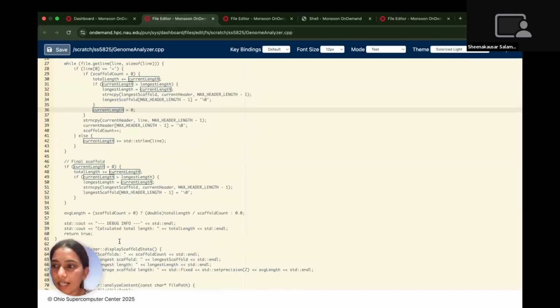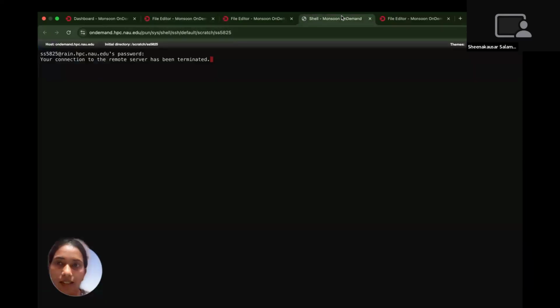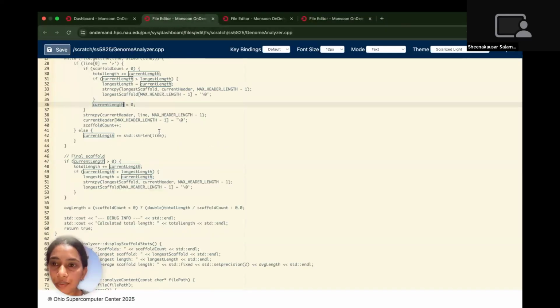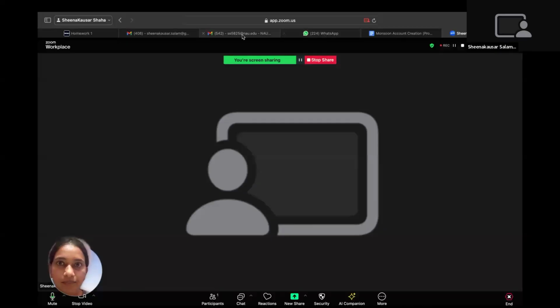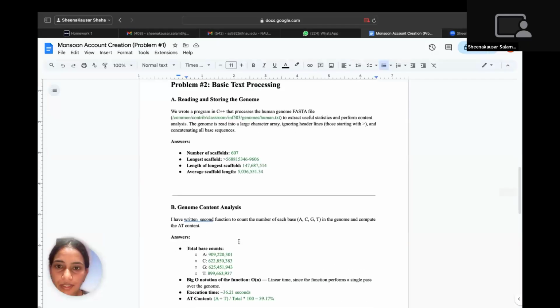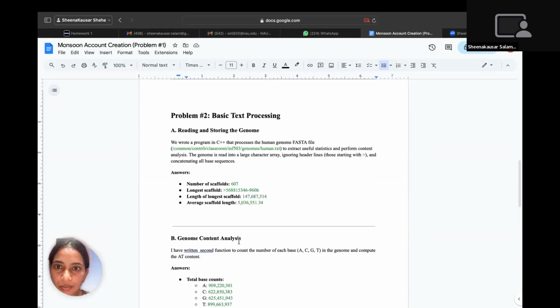Now for the final output from my execution, I'll show you how I ran this code. I ran this in the terminal and oh god, it's terminated. But I can show you, I'll go to my file and run this query.